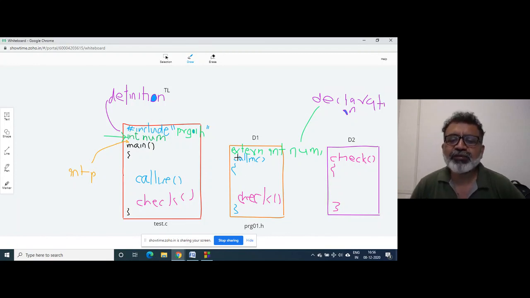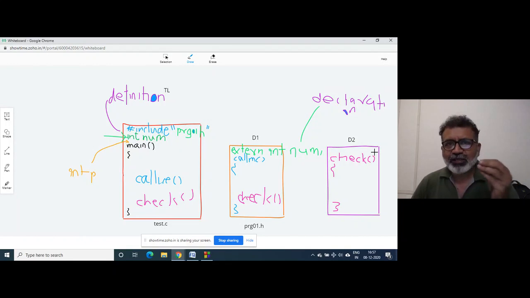Even D1 can access that. D1 will write extern int p, that's it. Even D2 can write extern int num, so that num will be accessible to function check. Likewise, D2 can access int p by writing just extern int p.